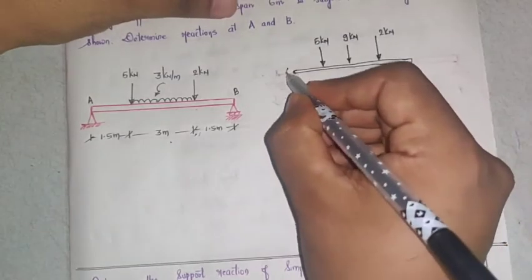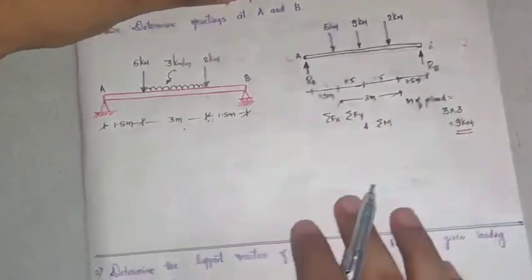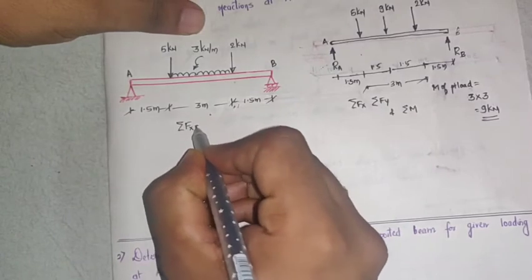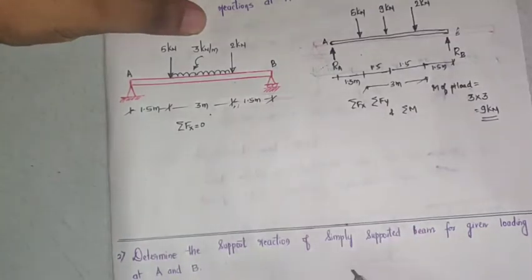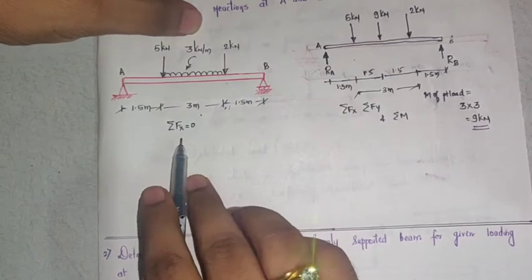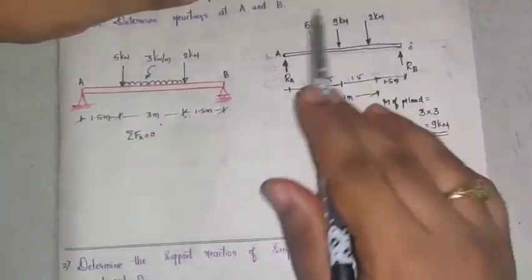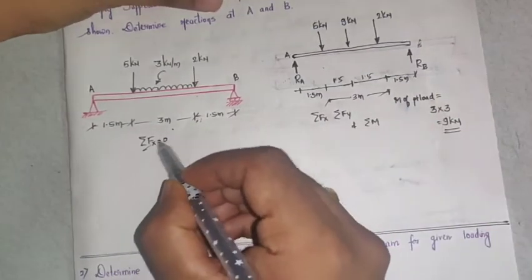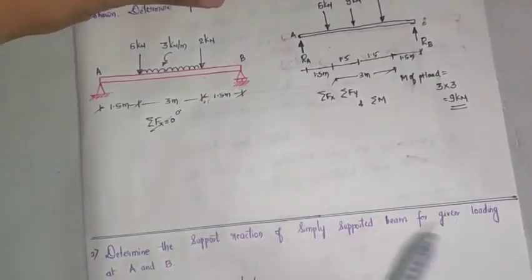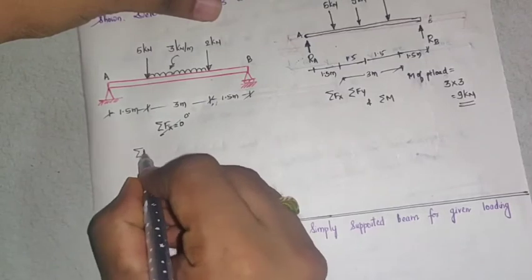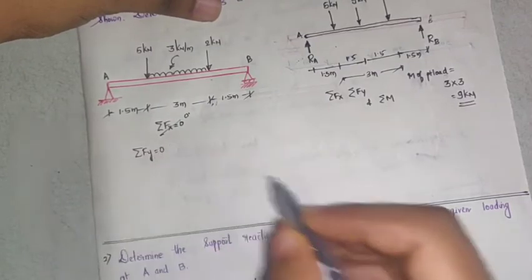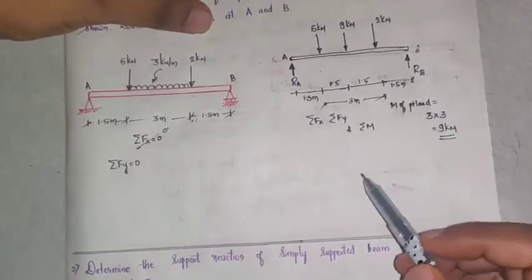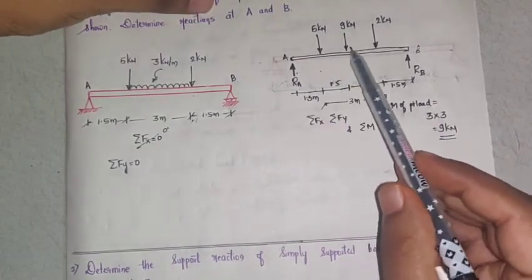Now if I take this as A and B, is there any influence of summation Fx equal to 0? The meaning of this is that the sum of all the forces along x is equal to 0. But if you see from the figure, is there any horizontal force acting? No. Then this Fx is ruled out. There is no use of this. If I write summation Fy equal to 0, are there any forces in the vertical direction? Yes. How many forces in the vertical direction? 1, 2, 3, 4 and 5.